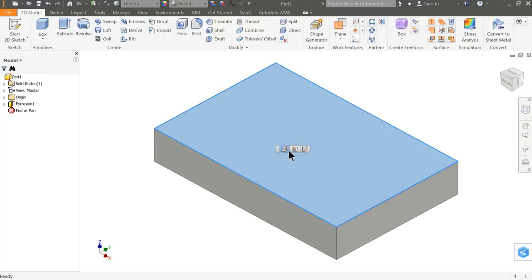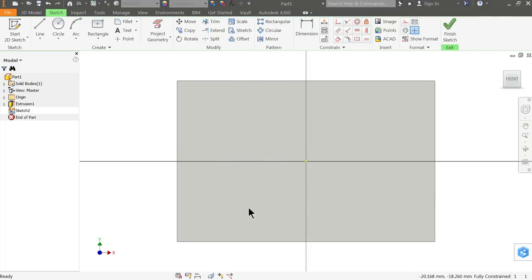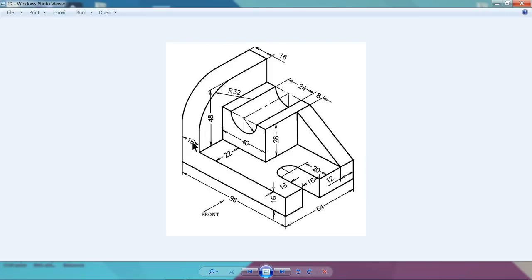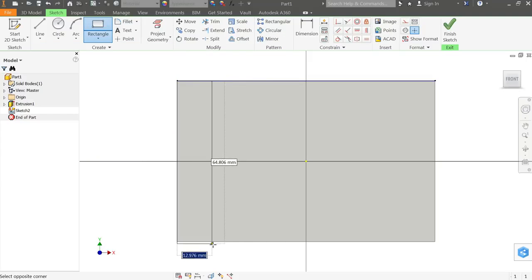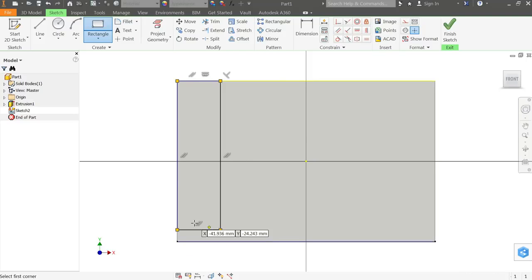See, now select this face, and here you will see one option, create sketch. So what sketch we need to create? From the back side we need to extend up to 16 millimeter, 48 millimeter upward direction and 16 millimeter thickness. Let me choose here corner rectangle or 2-point rectangle. Start from here to okay.